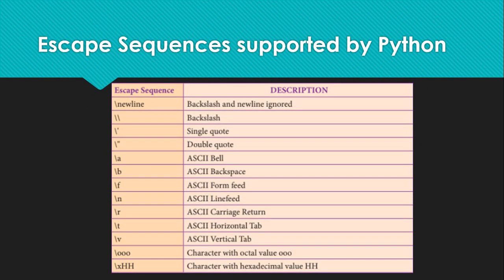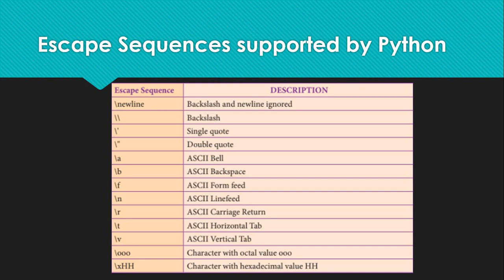The next slide I'm going to talk about the escape sequences used in Python. Escape sequences are special, they are known as white spaces, and they are there in all programming languages. In Python, the following are the escape sequences that we use to describe anything that we want to. For a new line character, we use a backslash n, and a double backslash for when you want to use it twice. Then we have backslash with the single quote to represent a single quote. Then we have a backslash with the double quote to represent a double quote.